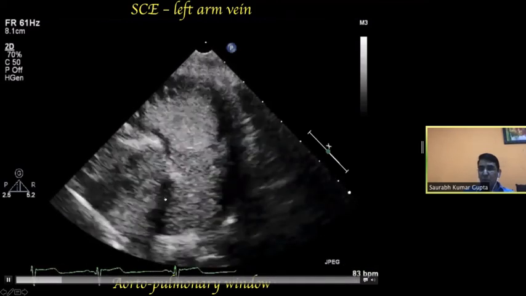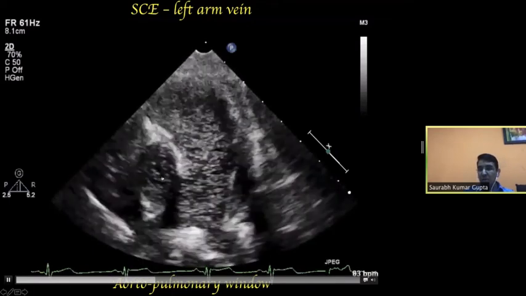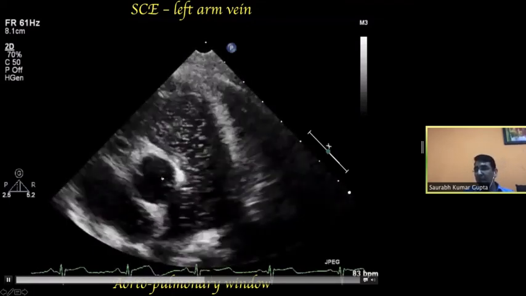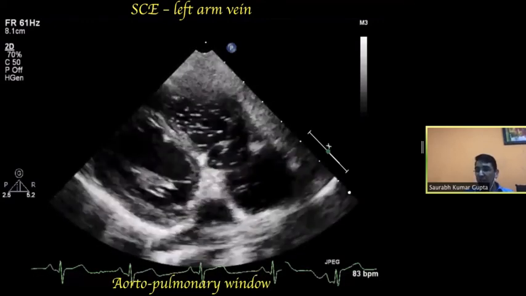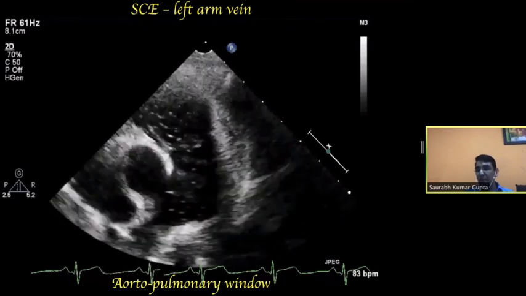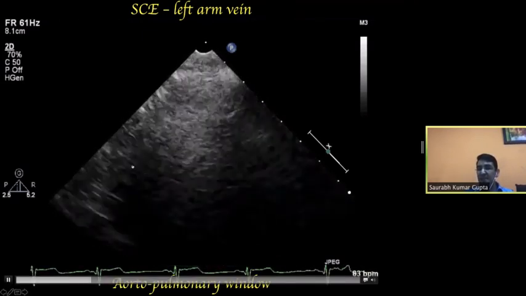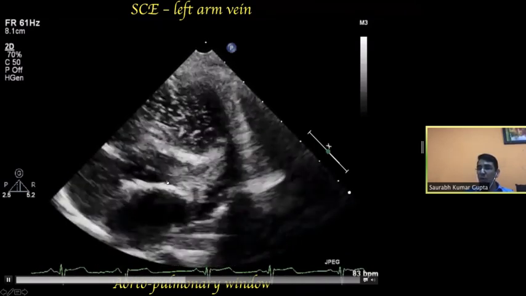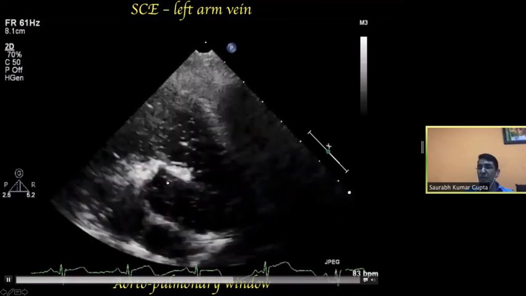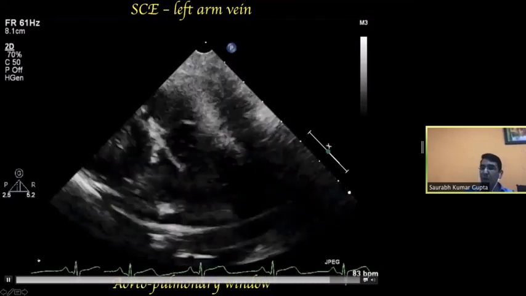And I think you focus on the initial part, that it is getting into aorta. So once it is reaching aorta, there has to be a right to left shunt. Now, whether it is reaching into aorta early in the phase or late in the phase, if it reaches very early, like it is happening in this case, it suggests there is direct communication between pulmonary artery and aorta. So in this case, we are dealing with aortopulmonary window, which is another treatable lesion if picked up in time.